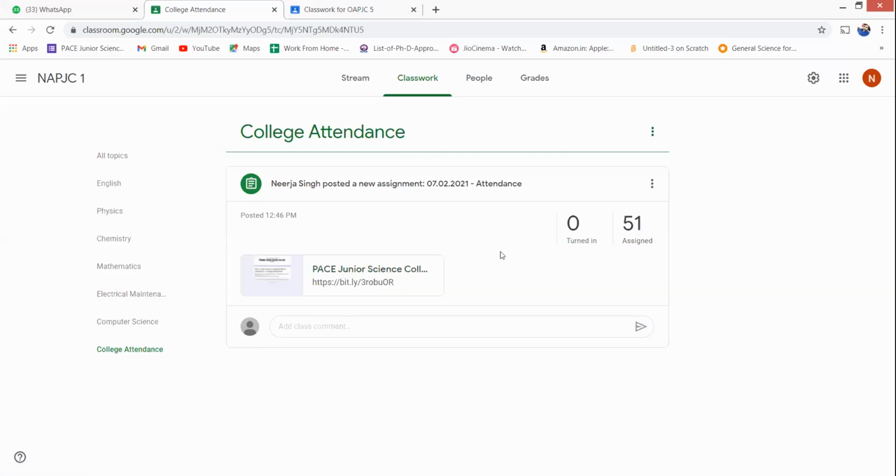To avoid this kind of situation, you can always keep a notebook with you and mark whatever answers you are marking there. If the connection gets disconnected, you still have the answers, so you can restart the paper by entering the correct answers and then submit it. So it is always better to have a notebook along with you.